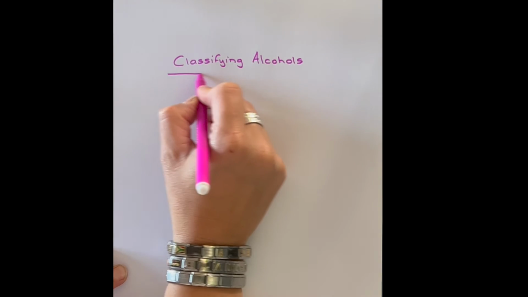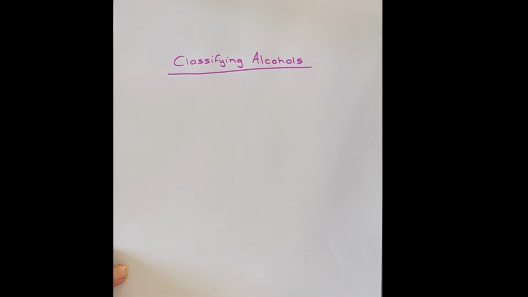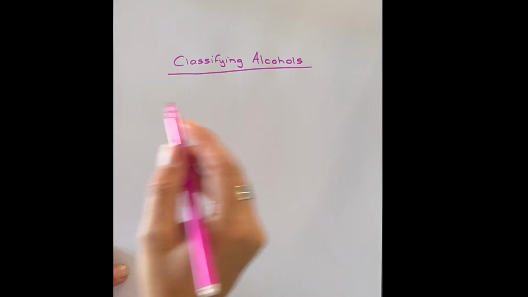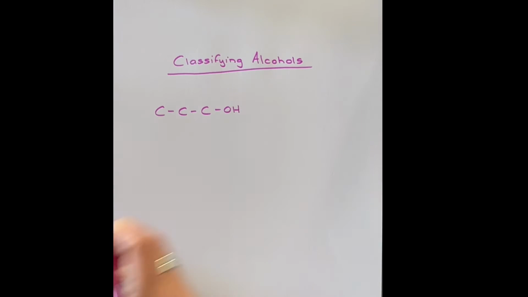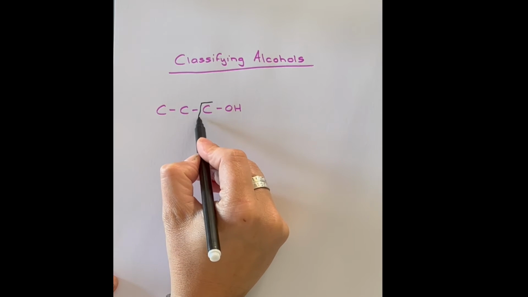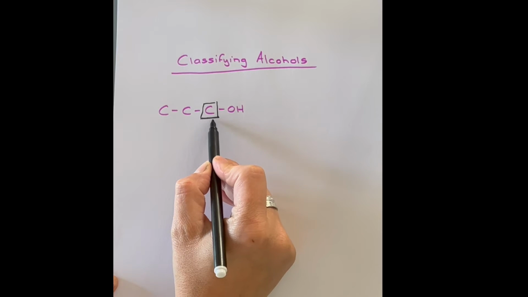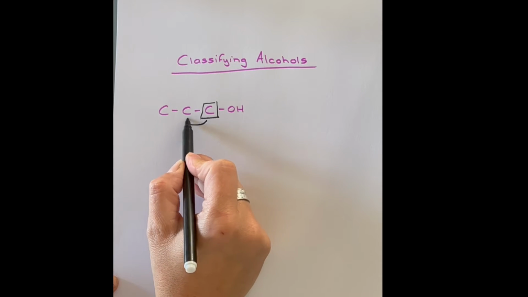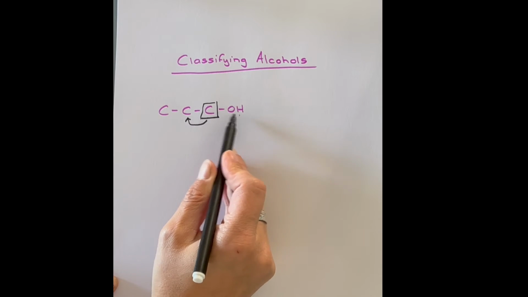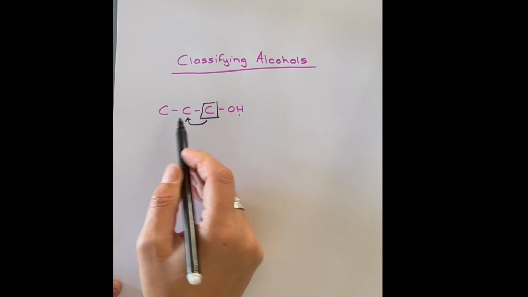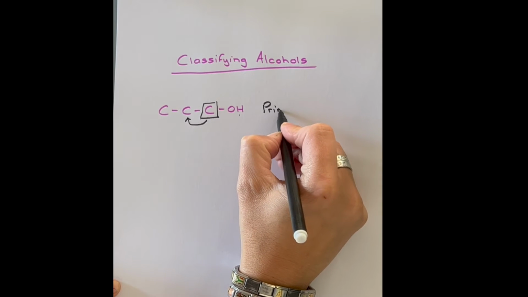So you can get primary, secondary, and tertiary alcohols, and it all depends on the carbons that this OH is bonded to. So when we look at a molecule that looks like this, we are going to focus on the carbon that's attached to the OH. This is the main thing that we're going to look at. And this carbon that's attached to the OH is only attached to one other carbon. And because this carbon that's holding onto the OH is also holding onto one other C, we call this a primary